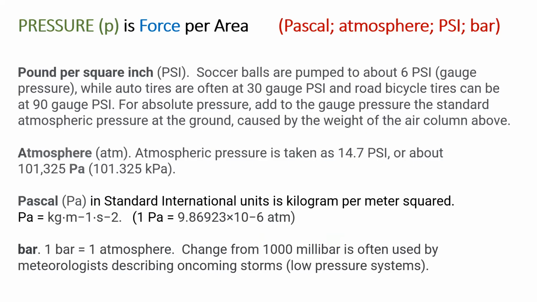So now we keep adding some more aspects of thermodynamics. We talk about pressure, and pressure is a force per area. So a force of a pound per square inch is a pressure that many of us are comfortable with. And so we put 30 pounds of pressure in our tires. That's gauge pressure. So it's gauge pounds per square inch, which means you have to add to that the 14.7 pounds of atmospheric pressure that are all around us all the time.